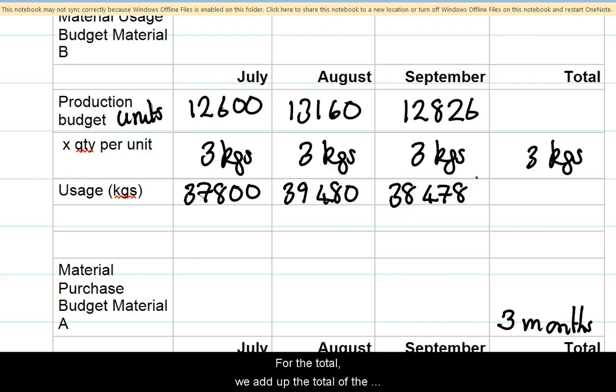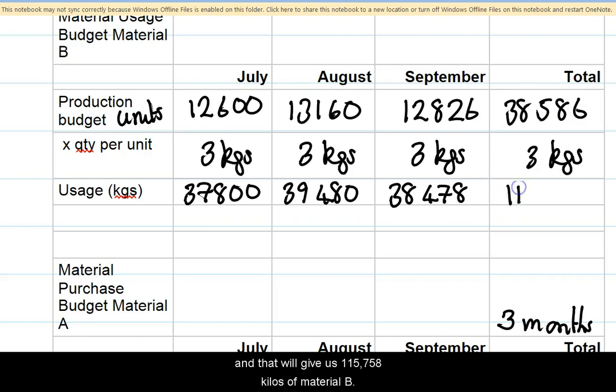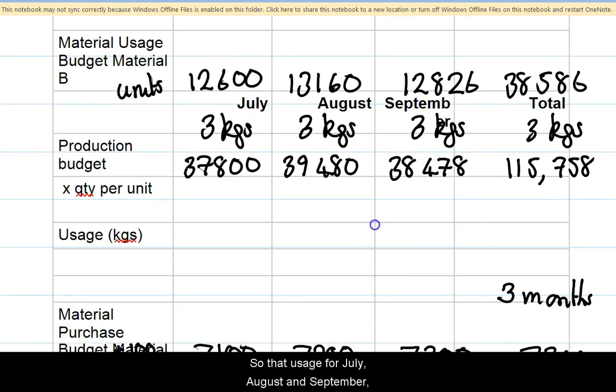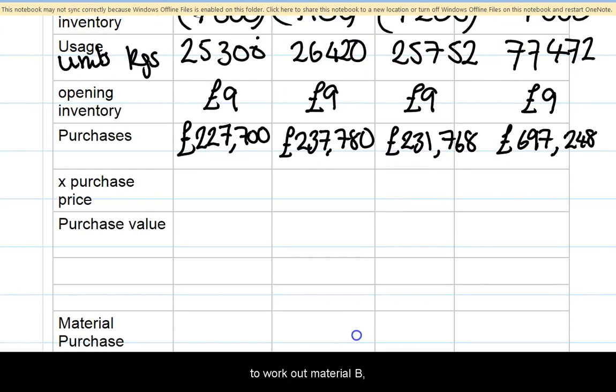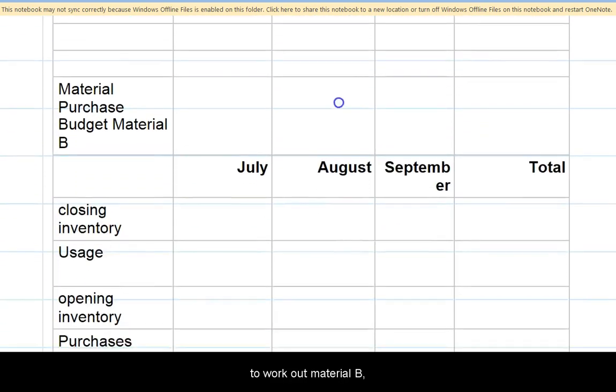For the total, we add up the total of the production budget, 38,586 units multiplied by 3 kilo, and that will give us 115,758 kilos of material B. So that usage for July, August and September we now are going to use to work out material B